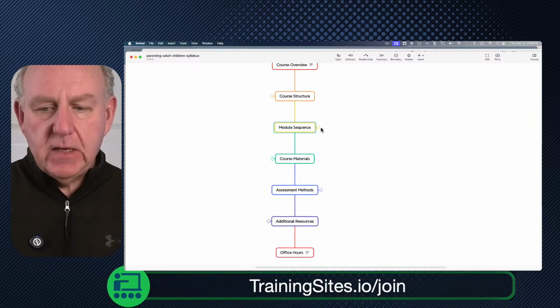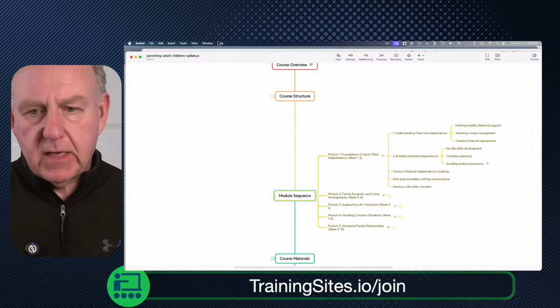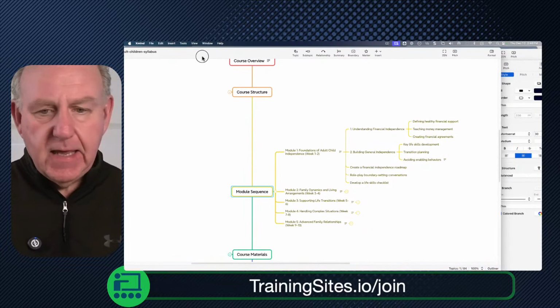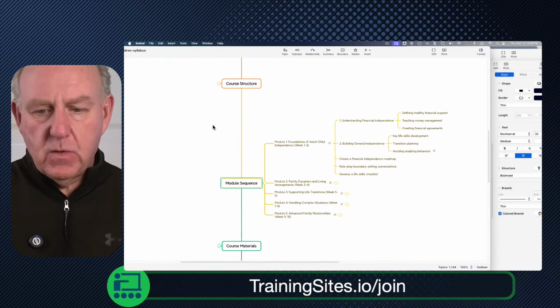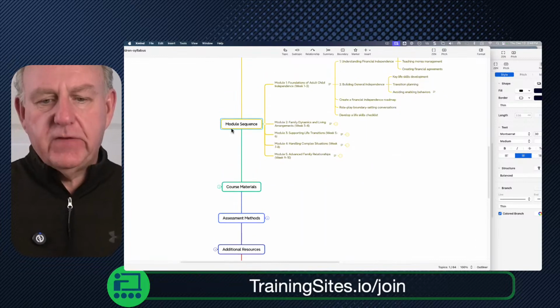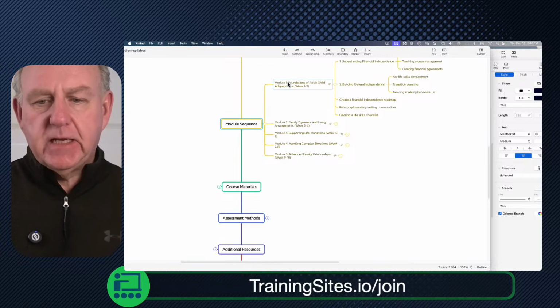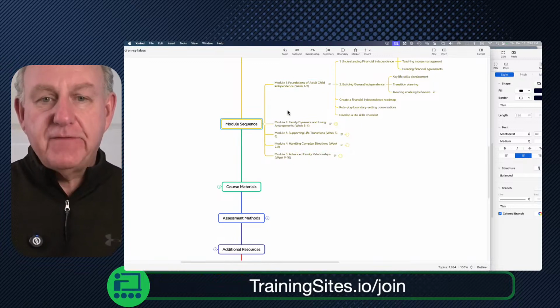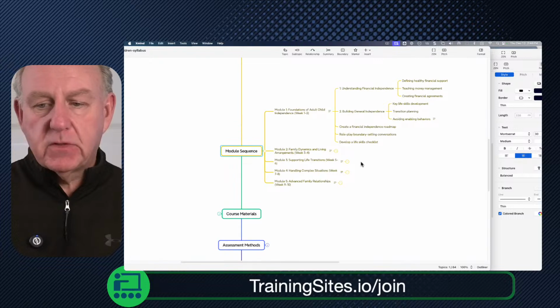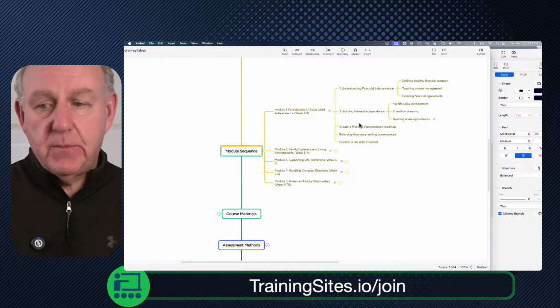And there's a really, really cool thing here that can help you out if you're creating any of these courses. The one that I'm looking at right here, just to give you an example, is the module sequence or the lesson sequence. And this particular one, we ended up with 5 key modules, and some of those modules had some different topics that were covered that was generated by the prompt.